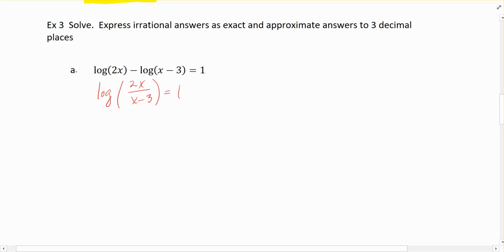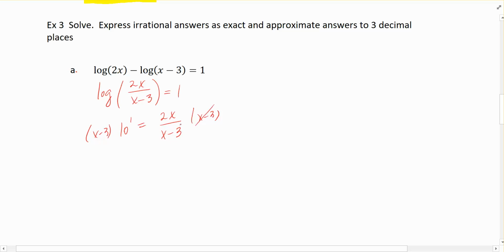So now that I have a single log equal to a number, I can rewrite this using the definition of logs, or in its exponential form, which gets that variable x out of that hidden argument position. This is a common log, which means it's log base 10. So this is 10 raised to the first power, equal to the argument of 2x over x minus 3. If I multiply both sides by x minus 3,